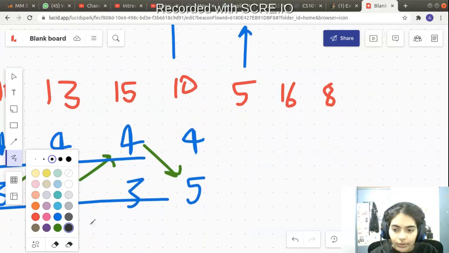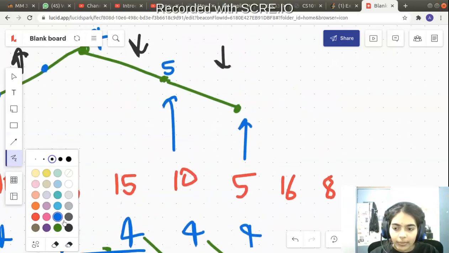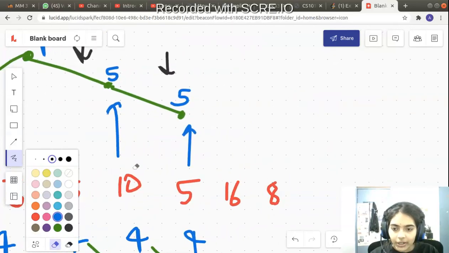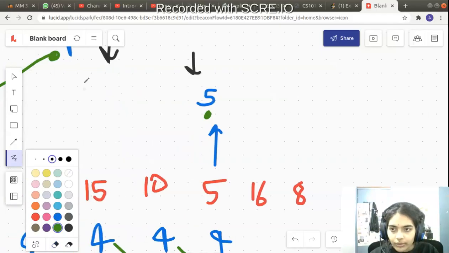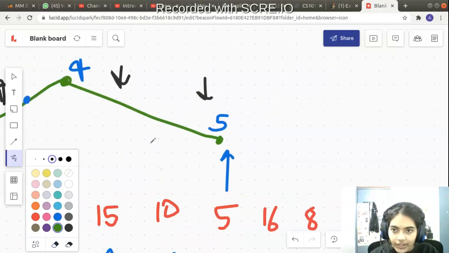That's why when you add 1 to the increasing variable, you will again get 5 only, and this remains 4. So the number of nodes in the wiggle subsequence remains 5, because if you even delete this node 10, you will still have a wiggle subsequence. It is not aiding at all.